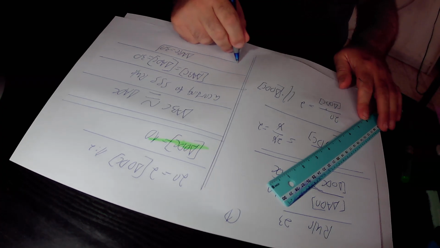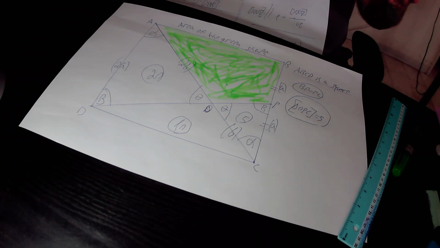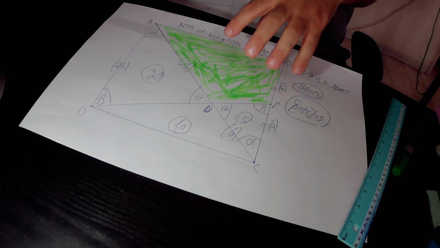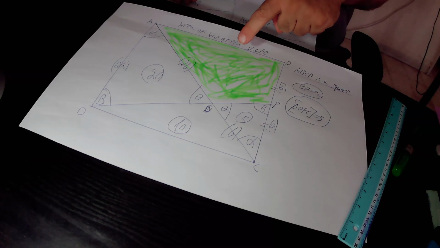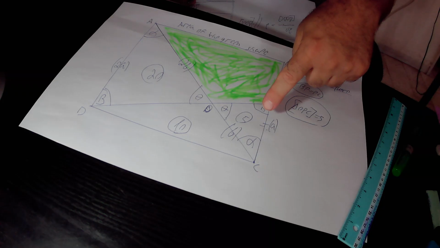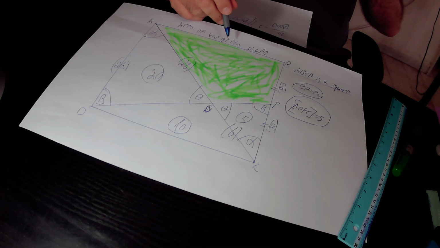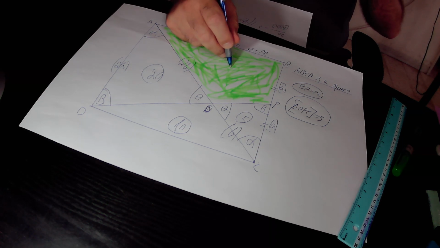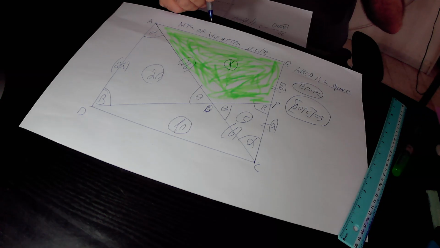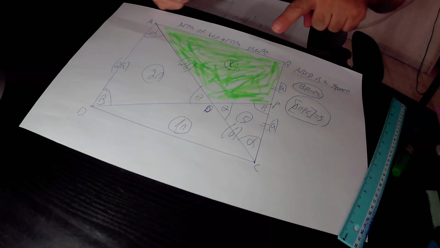from one side. But from the other side, from this triangle ABC, actually, it is very easy to see from the drawing that the area of this right triangle ABC is equal to the green area plus the area of this triangle POC. So if we define the side of this green area as x, that is to say, the green area is equal to x square units in its size according to our definition. So in total, the area of this big right triangle ABC will be equal to x plus 5 square units